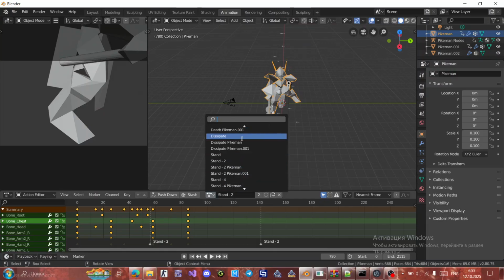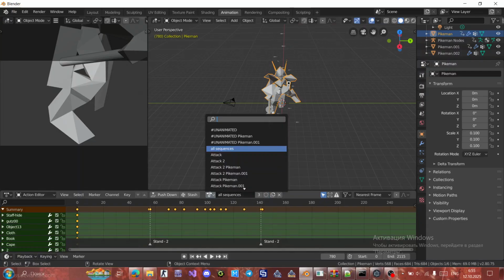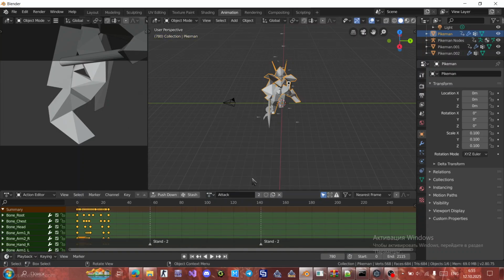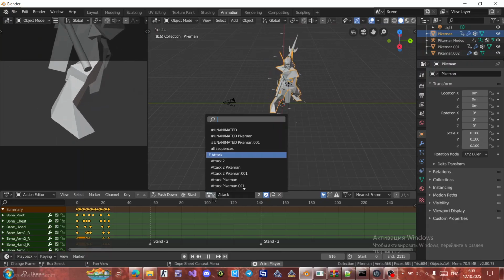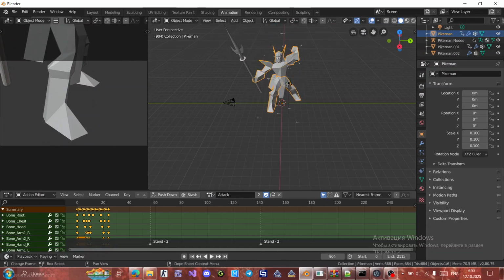Maybe also we need to set, how to say it, fake users, but we will check it in future. For all animations that we want to see in game, we need to search fake users. Search attack animation. That's the same for